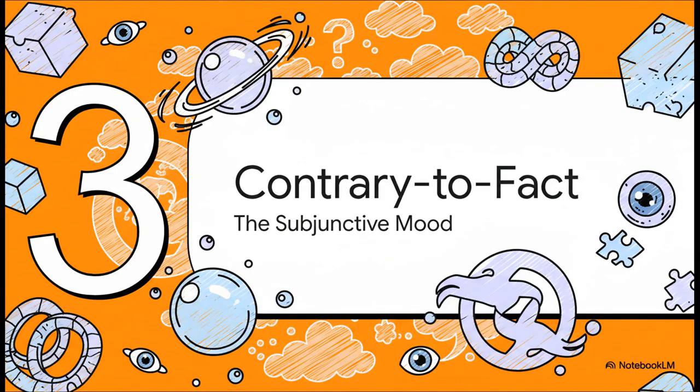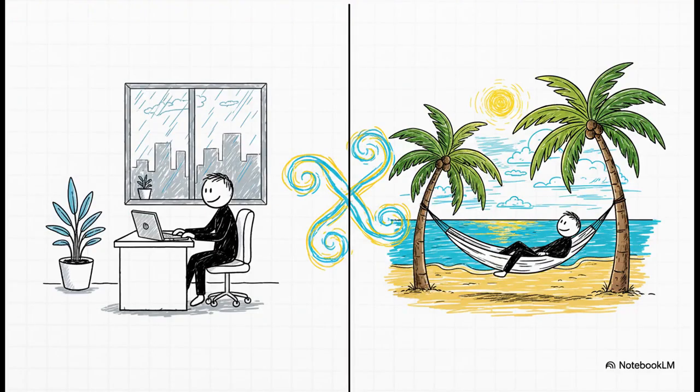And now for the really mind-bending part. We're moving all the way to the other end of the spectrum, to a place where we talk about things we know are absolutely not real. Welcome to the powerful and, yeah, kind of strange, subjunctive mood. I absolutely love thinking of the subjunctive as the speaking in opposites mood. It's what we pull out for wishes, things we don't actually have. It's for hypotheses, situations that aren't true. It is the language of unreality, and it has a very, very cool trick up its sleeve.